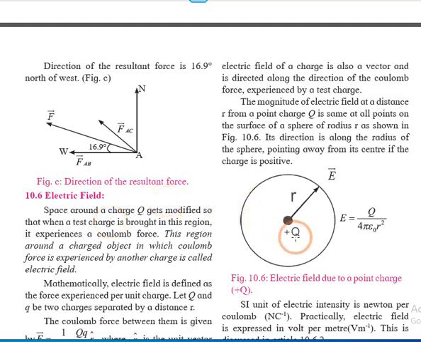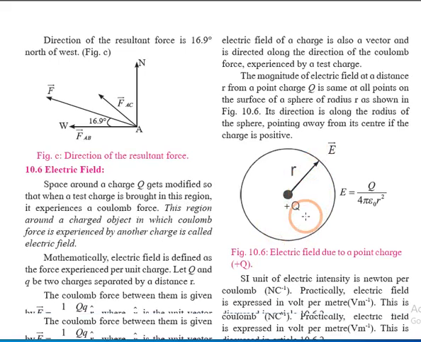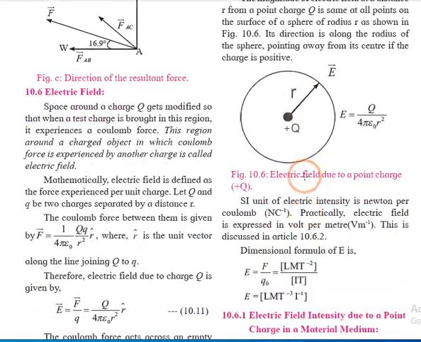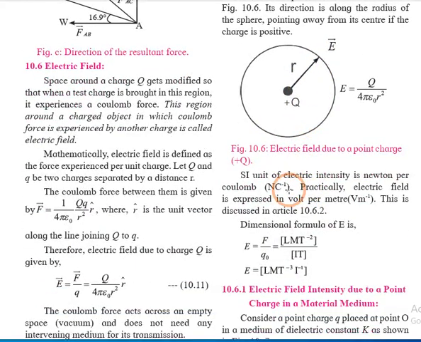Here we are going to consider plus Q, the unit positive charge, at the center. Due to this charge, the electric field is produced here. Till this point, if Q and here we consider small q, up to the region where this small q experiences Coulomb's force which is produced due to this charge, then that particular region is called electric field. And now we are going to find out the units and dimensions for that.